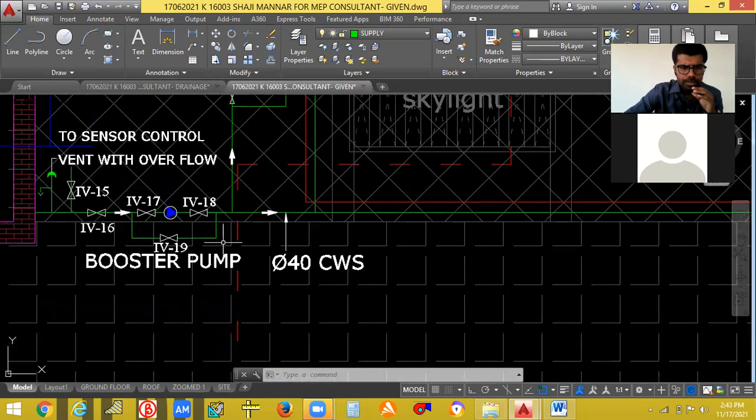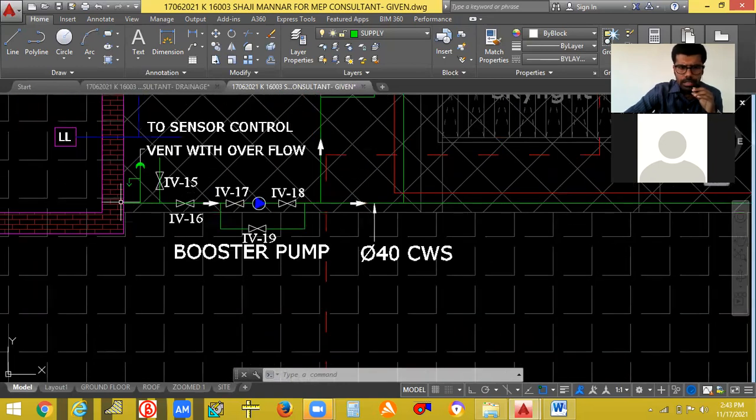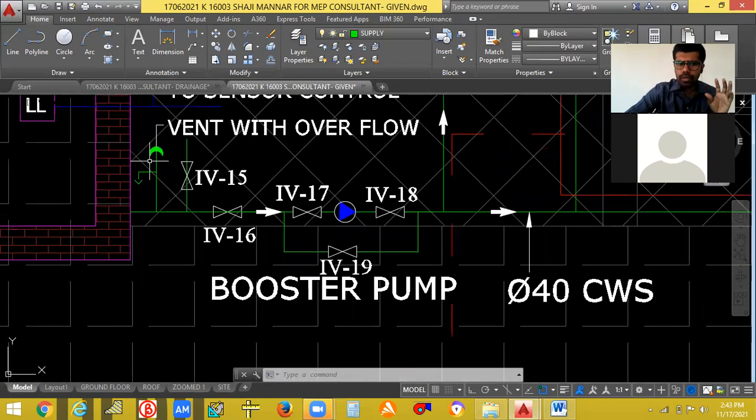So listen carefully. This is the pipe. This is the drain pipe. Drain pipe means the discharge pipe from the overhead tank. So there is a vent and an overflow. If there is water overflow, it can overflow, and if you have a vent, that is also very good. So you can give a vent and an overflow. This is a drain pipe. If you want to drain off this water, you can give a drain pipe like this and give a valve also. Let it be closed. If you want it open, you can open this and close this. Give a valve here and a valve here.